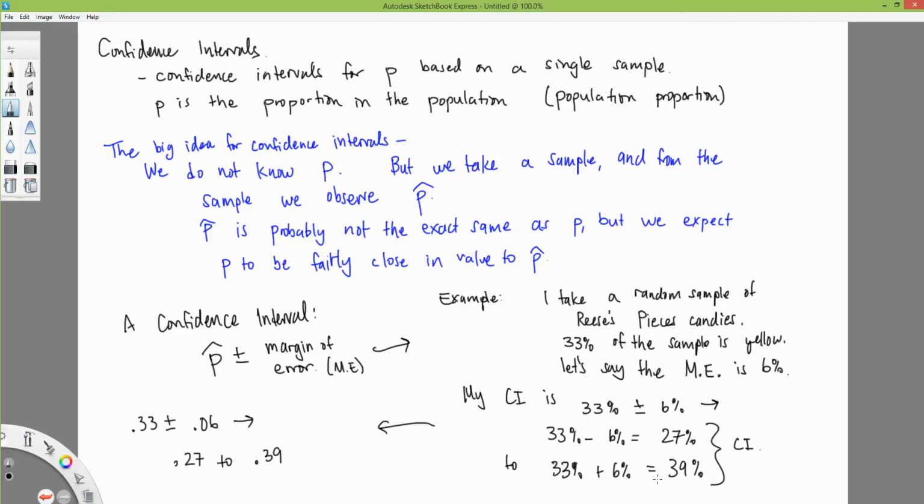So the 33% plus or minus 6% translates to the two below it, and then to the left, that's in decimal form. Over here I've got it in decimal form, and over here I have it in percentage form, okay? But it's the same thing, right? Here all you're doing is 33% minus 6 percentage points, 27%, okay? 33% plus 6 percentage points gives us 39%, okay? We can do that, right? That's just arithmetic, okay? All right, so let me tell you how to calculate the margin of error, which is, I guess, the